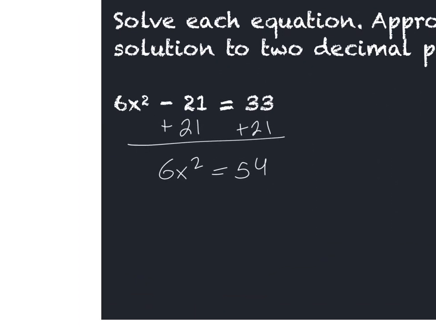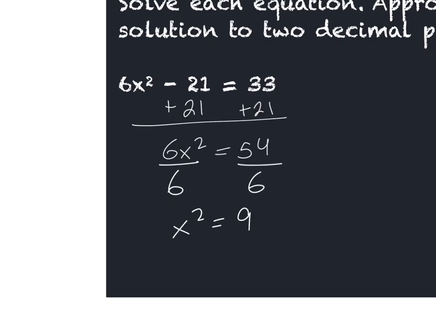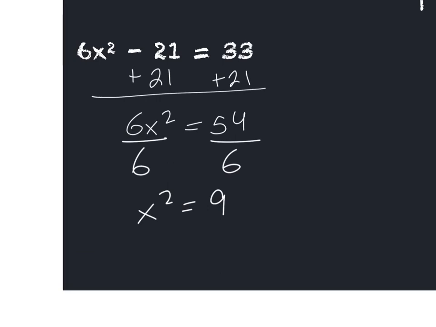Okay? Then you would divide both sides by 6, and you'd get x squared equals 9. And this one's actually going to be quite nice because you can take the square root of 9 and get an integer as an answer. So to get rid of that square, you want to take the square root of both sides. Now, that'll cancel that out, so it's just going to be x equals